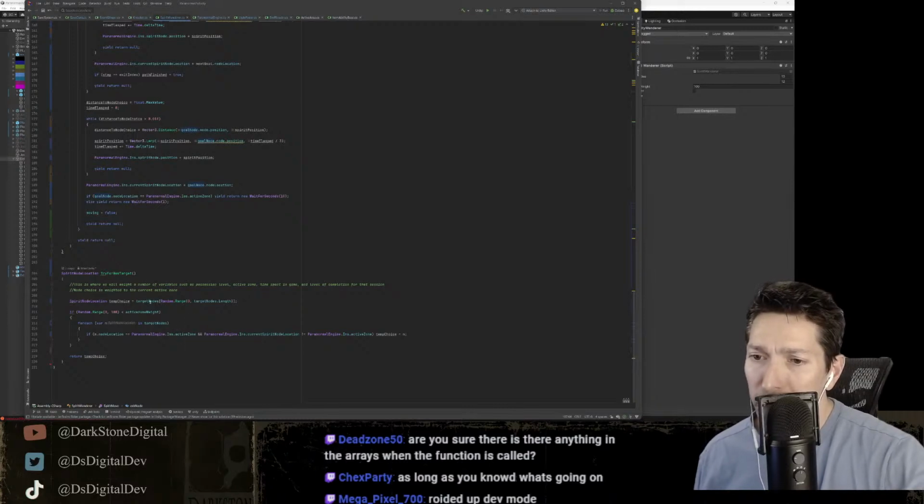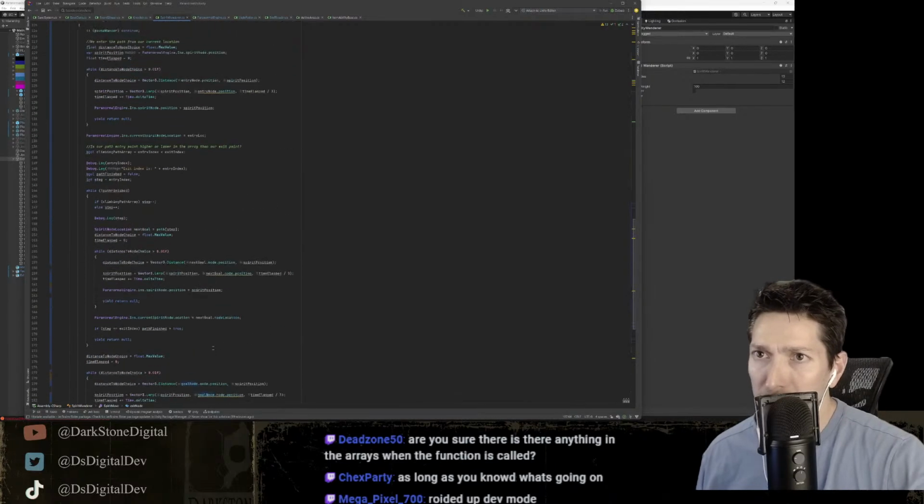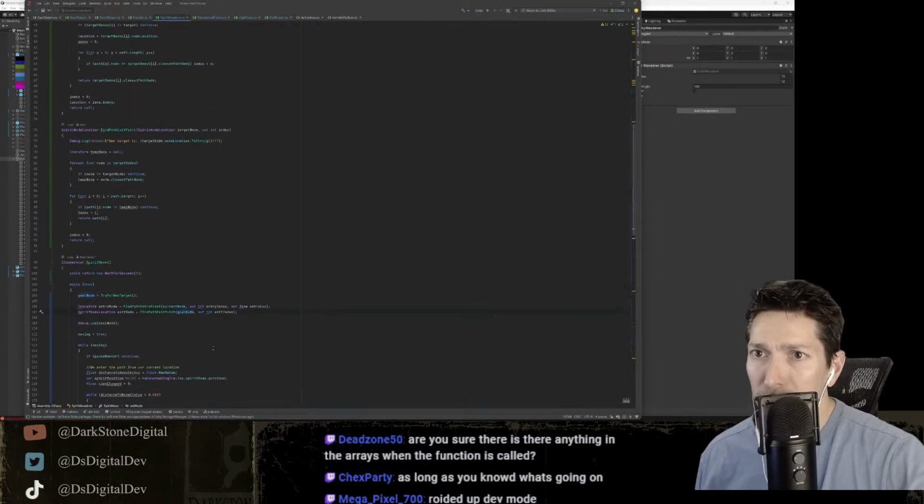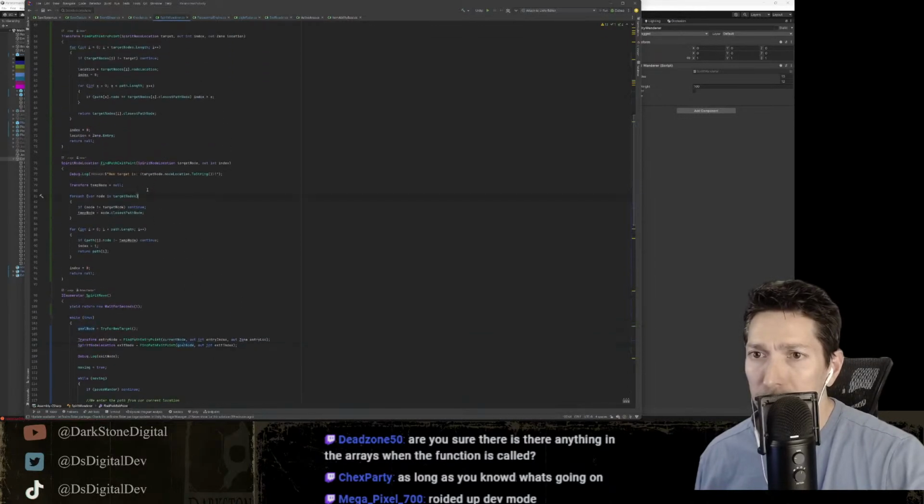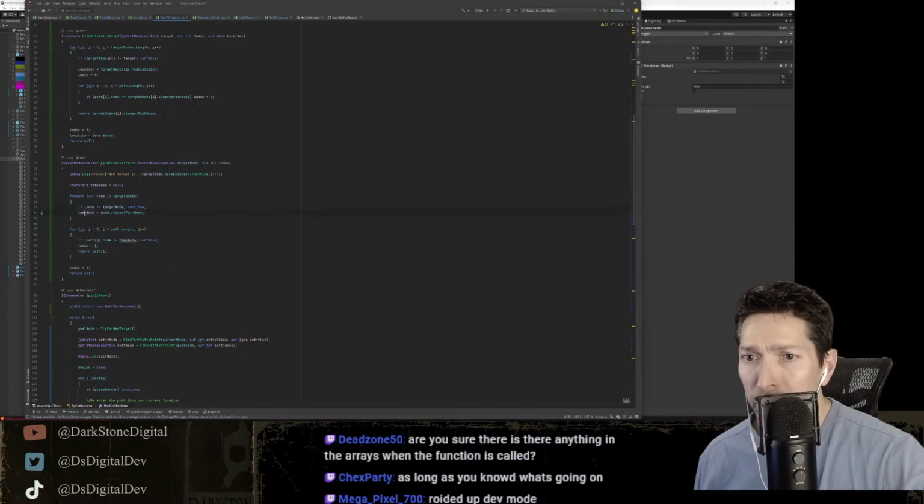So we get a target node. We're going through every single target node, so we know where we're going. We know the target node that we want to head to. So we're doing exactly this. We send that target node in, and we go through our target nodes, and we find it. And we say, if they're not the same, we ignore it. Otherwise, the temp node becomes that target's closest path node. And that's it. Now we know where we're going.